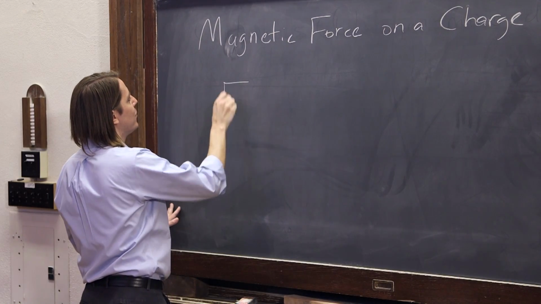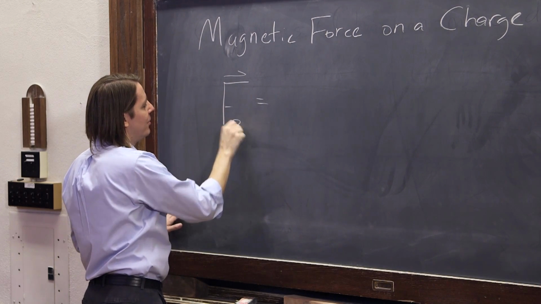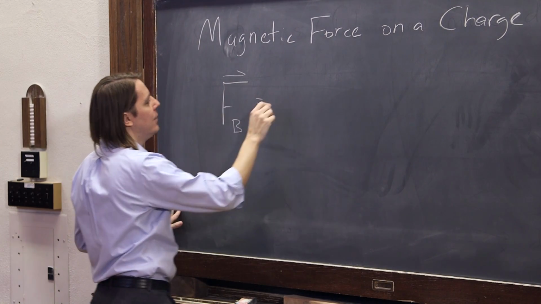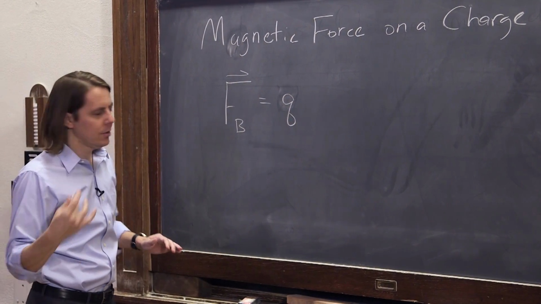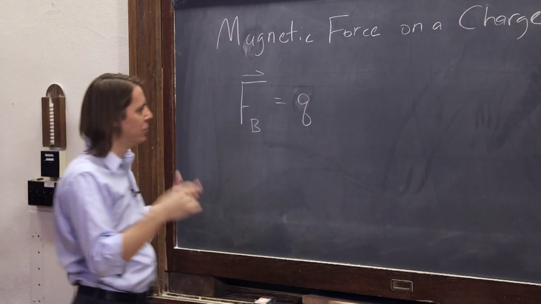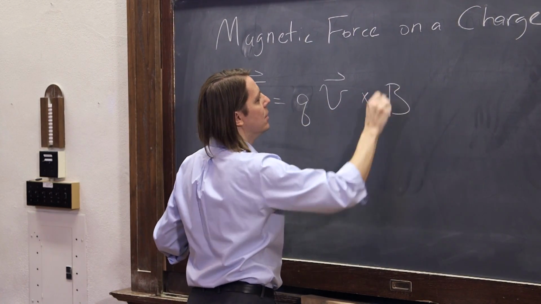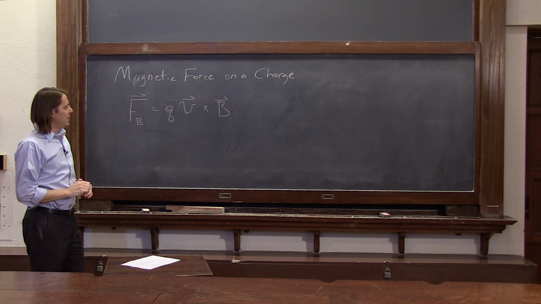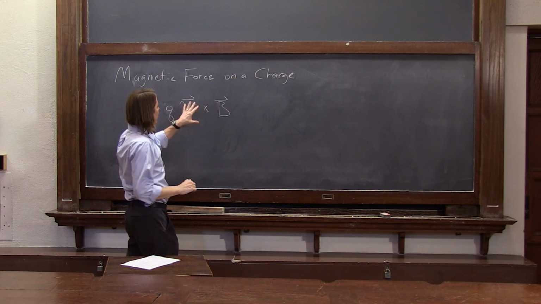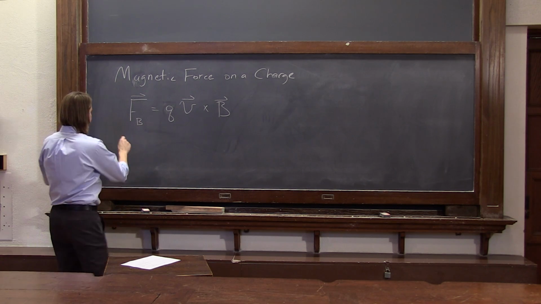I kind of showed it to you before because I showed you the total force on a charge for E and B. But if we just look at the B part, then it's just Q, the charge, the magnitude of the charge on the charge, V, it's velocity cross B. That's the equation. If you have a charge moving in a magnetic field at some velocity, this is the force it will experience. The cross product here